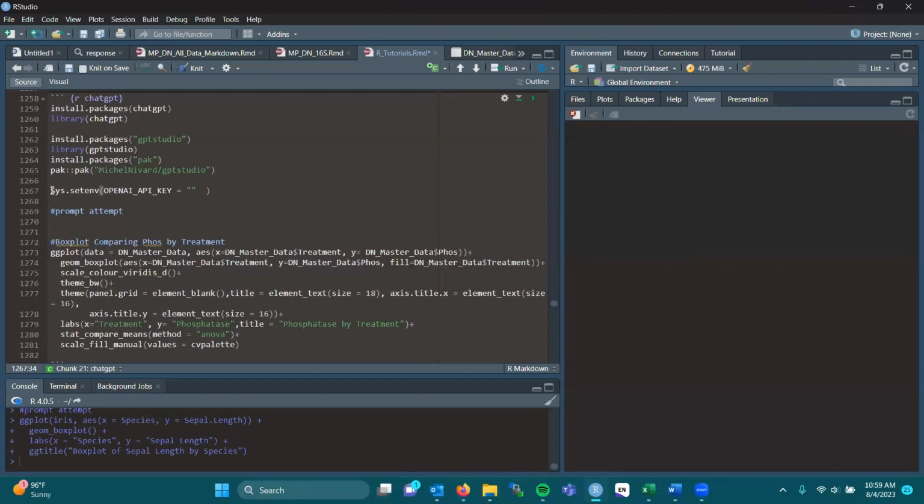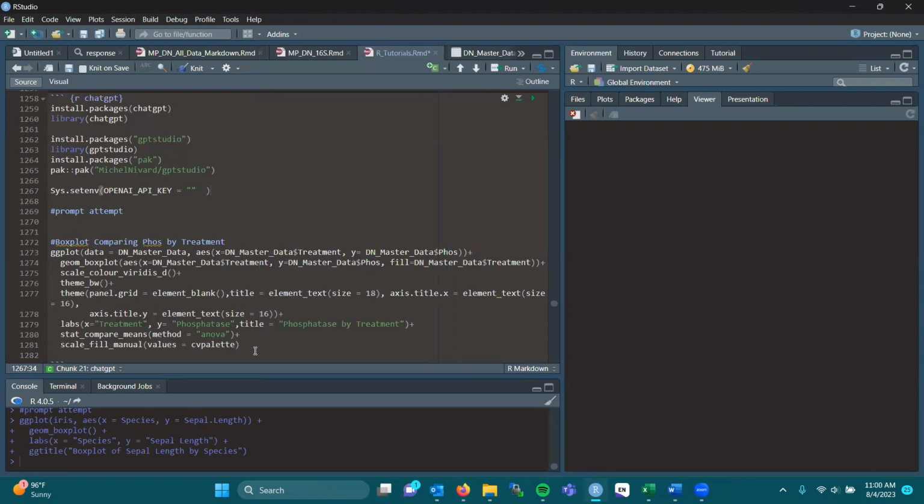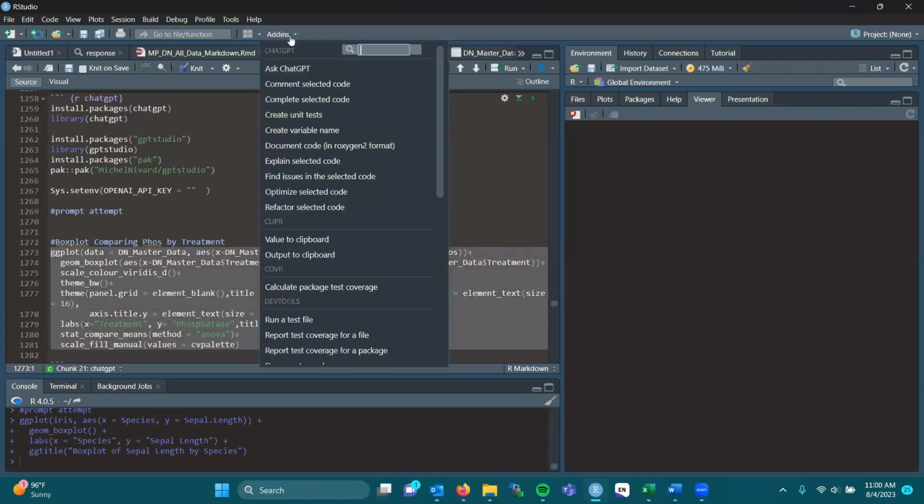So once you've used your OpenAI API key and loaded all of this into RStudio, it'll pop up under Add-ins. And what's excellent about this is you have a lot of options. You can ask ChatGPT, comment on selected code, create unit tests, and so on and so forth. Say you were given a chunk of code that you don't understand, you can highlight it and explain the selected code. So if I were to explain this code here,